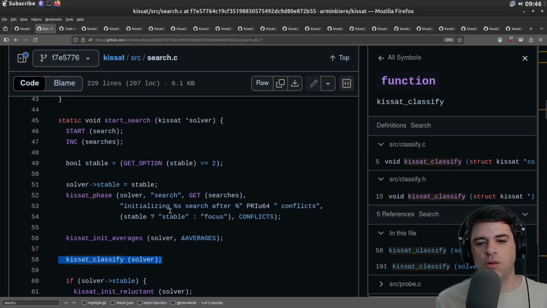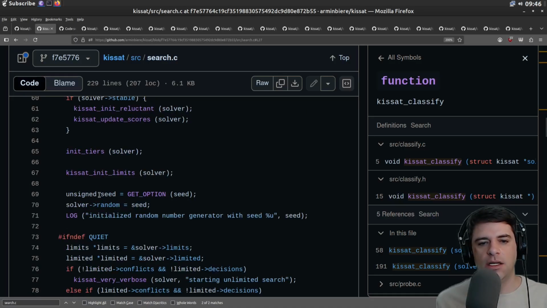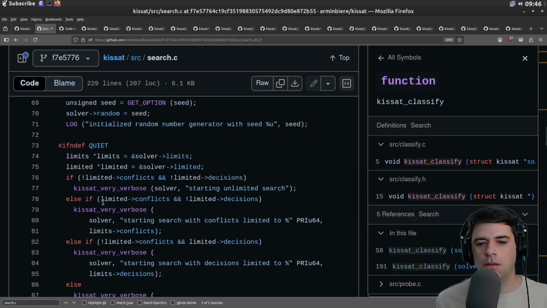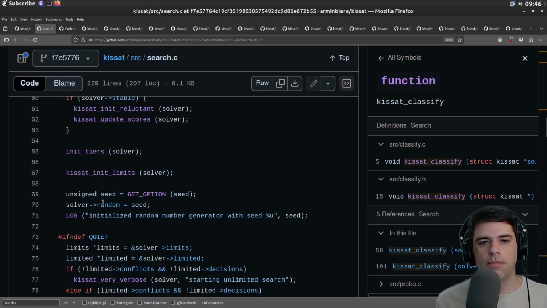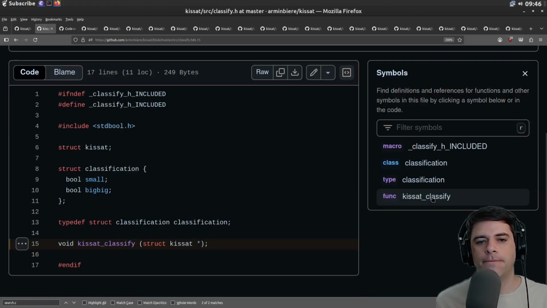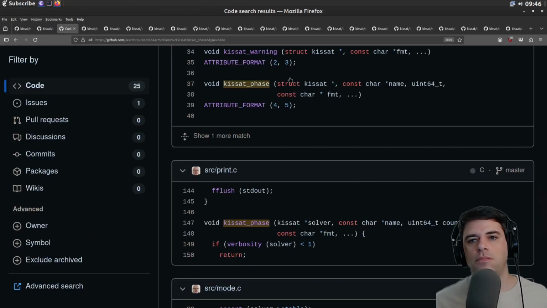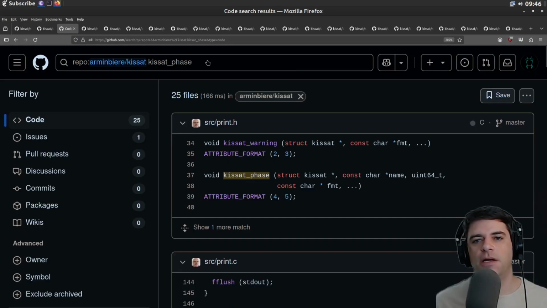Maybe the classifier is doing work. Kissat init limits. Let's look at Kissat classify. It's void and there's nothing really to it. Where did it go? But if we look at the C file,